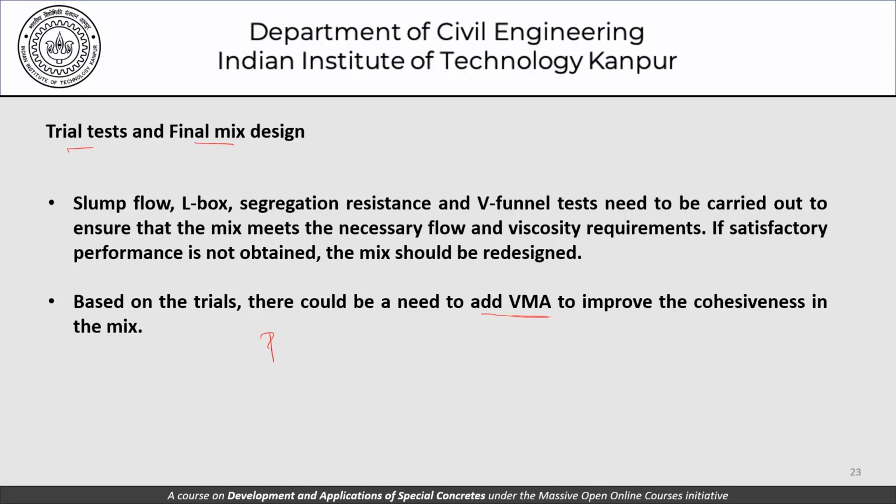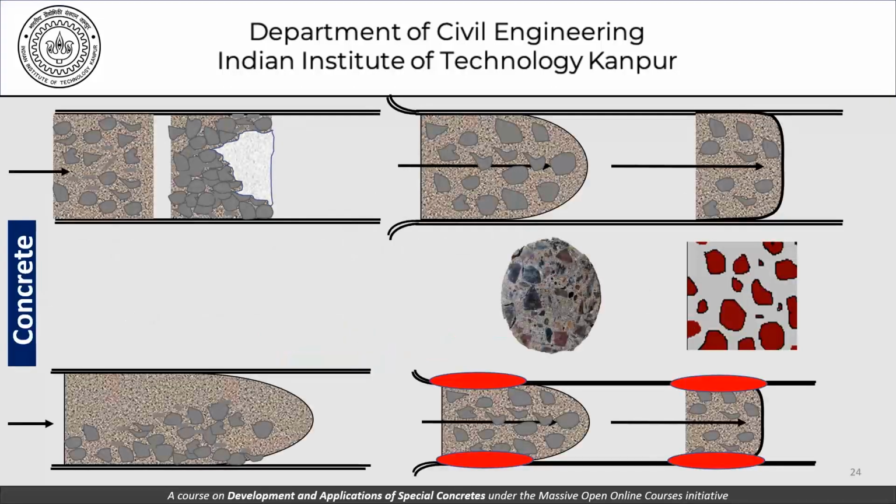So what we have shown here is the powder type approach to self-compacting concretes, where we said that the minimum powder content should be such and such, and we did not use VMA. If we need to use VMA, of course, VMA is an admixture which can be used, and that will modify the properties of your paste phase and therefore the mortar phase and therefore the concrete. So with that, we come to a close more or less of the proportioning part.